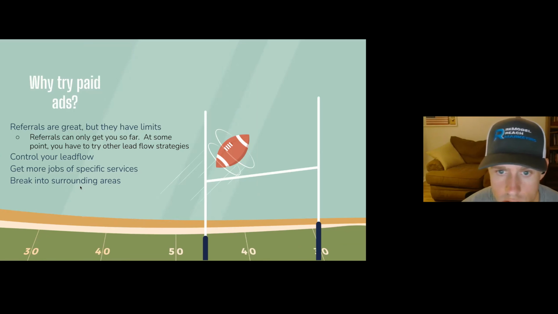So getting into the actual strategy. Why should you try paid ads? Referrals are pretty much where most people get a bulk of their leads and a bulk of their jobs, right? And that is good. Most people build their companies off of those leads and off of those referrals. But referrals are unpredictable.